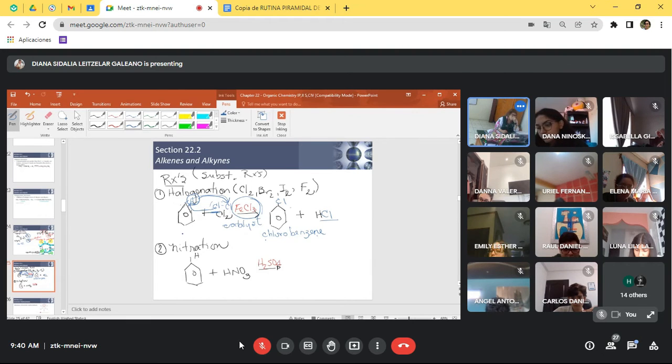The second kind of equation is called nitration. It is the reaction of nitric acid with benzene in the presence of the catalyst sulfuric acid. Then nitric acid breaks into OH and O2. The hydrogen is being substituted by NO2, and the hydrogen leaves with OH. The final product